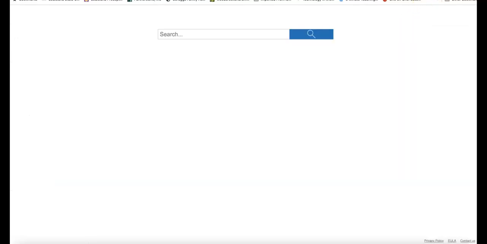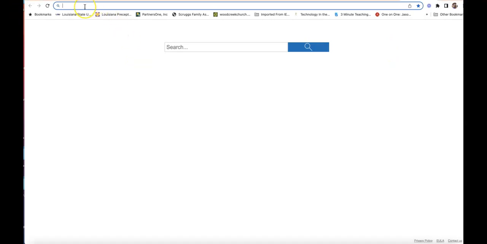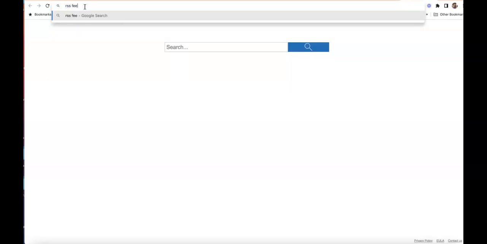I'm going to type in whatever I'm interested in doing my feed on. Now, to get an RSS feed, the best way is to do in Google RSS feed on teachers and technology. Now, you're all going to be having different topics, but you might want to do one of your RSS feeds. You're going to do two, on educational technology or teachers in technology, whatever. So I'm going to hit enter,